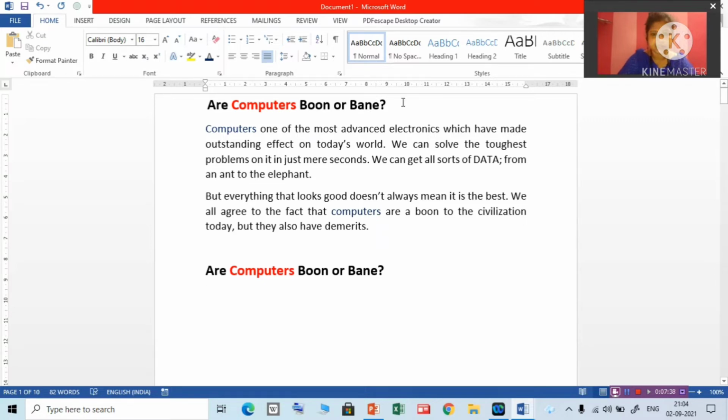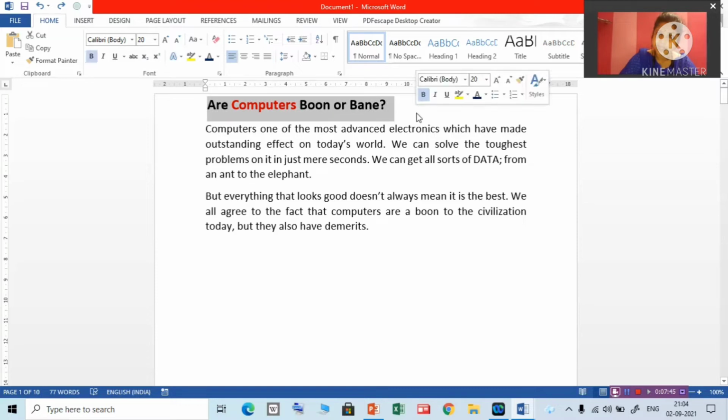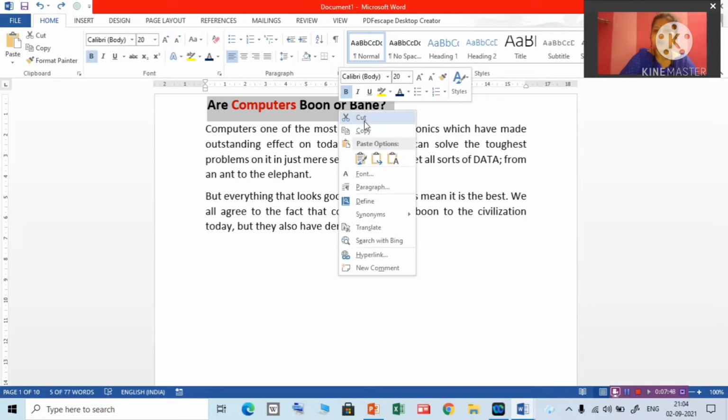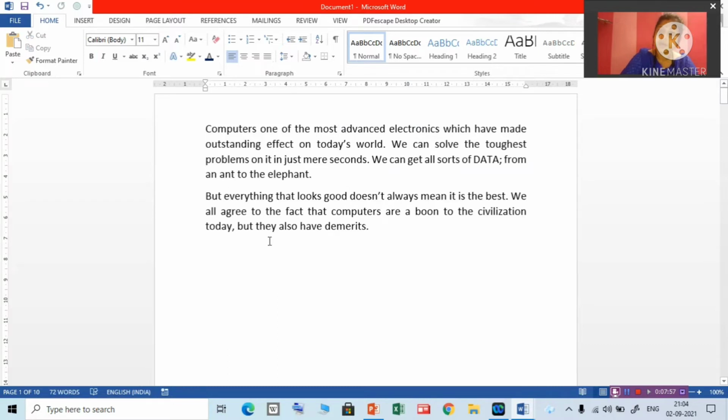And what about moving the text? Moving means it will be removed from the original place. Same, first select. Right click and select the cut option, or you can select the cut option from the clipboard group, or press Ctrl plus X keys together. Cut text will be removed from its original location, and the cut and copied text will be placed in a temporary location in the computer known as the clipboard. So now it is present in the clipboard till I paste it somewhere.